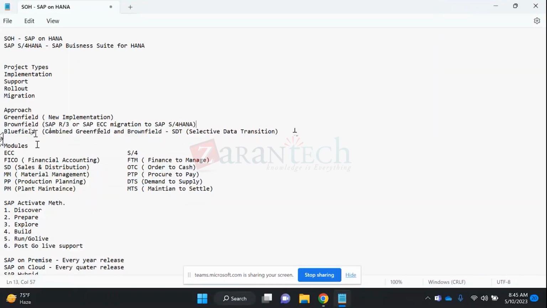Now, guys, the most important other activity stands for the bluefield approach. So what is a bluefield? Bluefield is basically a combination of greenfield and brownfield. And you can say this approach is SDT, selective data transition. Some of you might have heard this word, but if not, SDT is basically